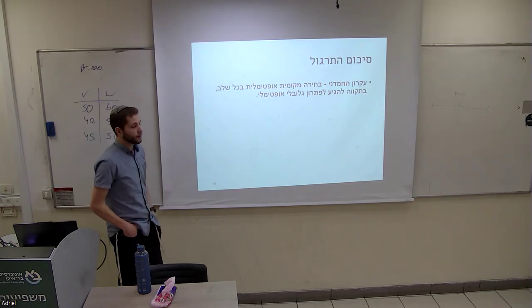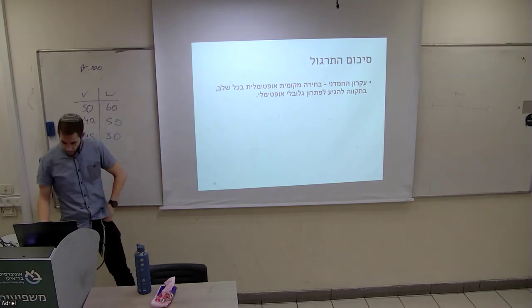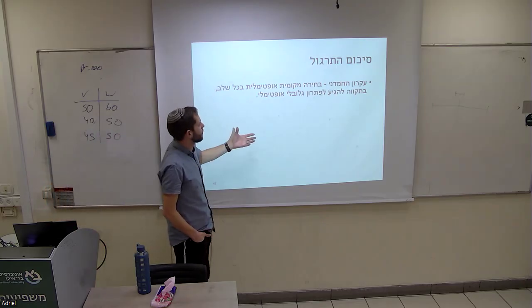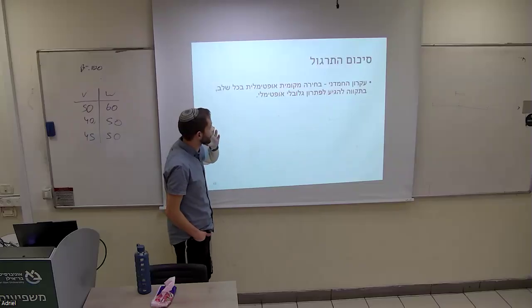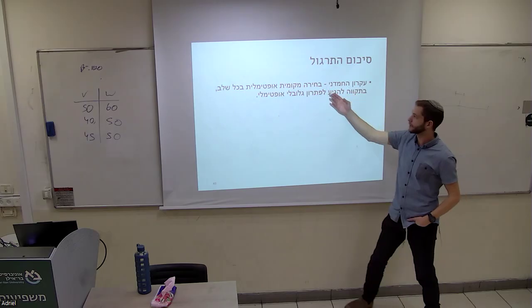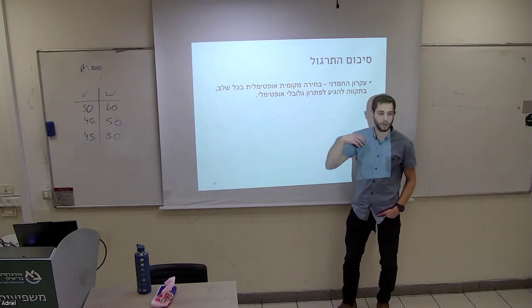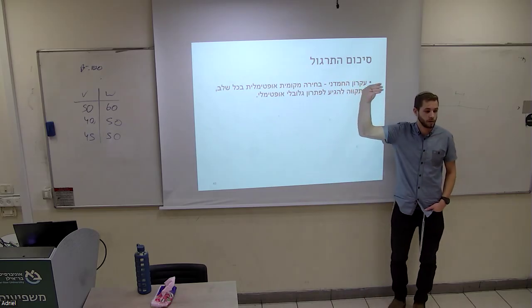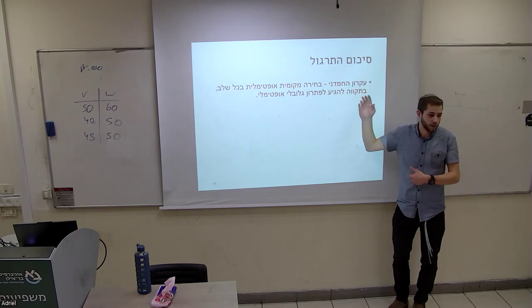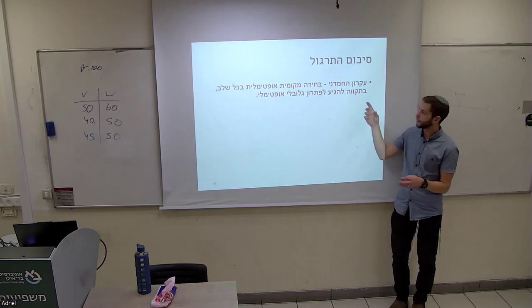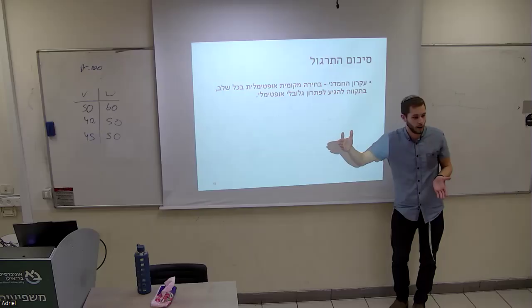Okay, summing up the recitation, the greedy algorithms. How do greedy algorithms work? We choose some sort of locally optimal choice at every single stage, and we hope that we'll get to an optimal global solution. We just try and choose an optimal solution based on the information we have right now, and we hope that in the future that'll lead us to an optimal solution.